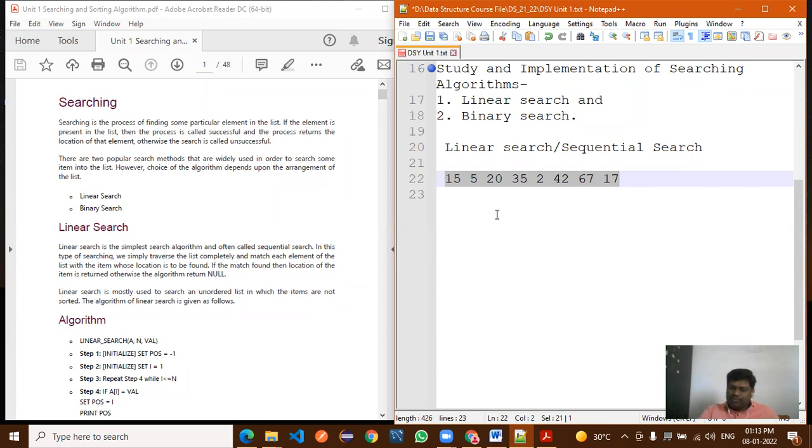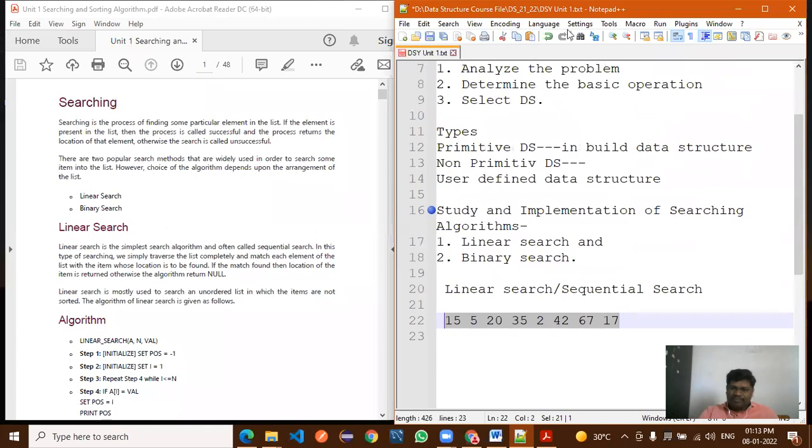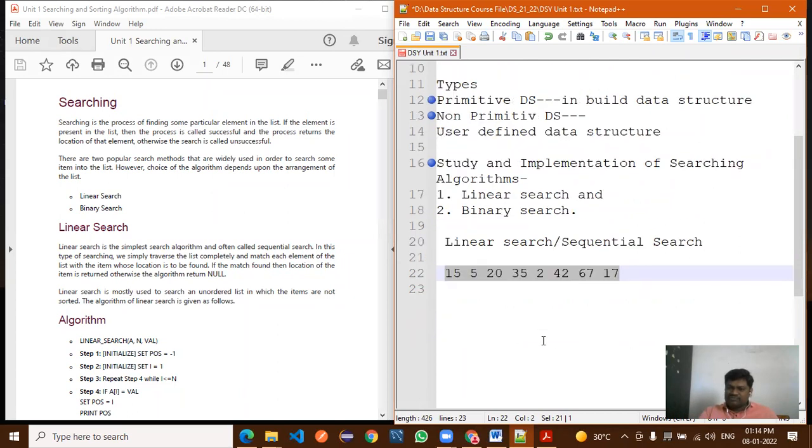First, primitive or non-primitive? We discussed primitive data types and non-primitive also. Out of that, which data type are you using to store all these values? Yes or no?